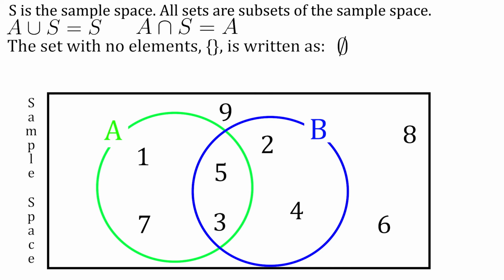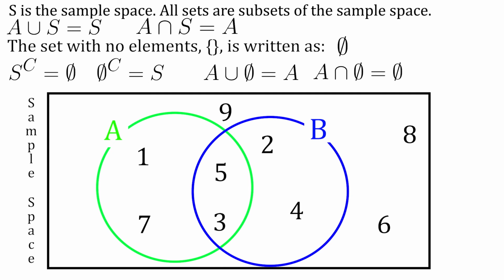The empty set has no elements. We could write the empty set as curly braces with nothing inside, but the common way is to use a 0 with a slash through it. The complement of the sample space is the empty set. This is because every element is in S, so everything not in S is nothing, which is the empty set. The complement of the empty set is the sample space. This is because every element not in the empty set is the sample space. There are some identities. A union empty set is equal to A, and A intersect empty set is equal to